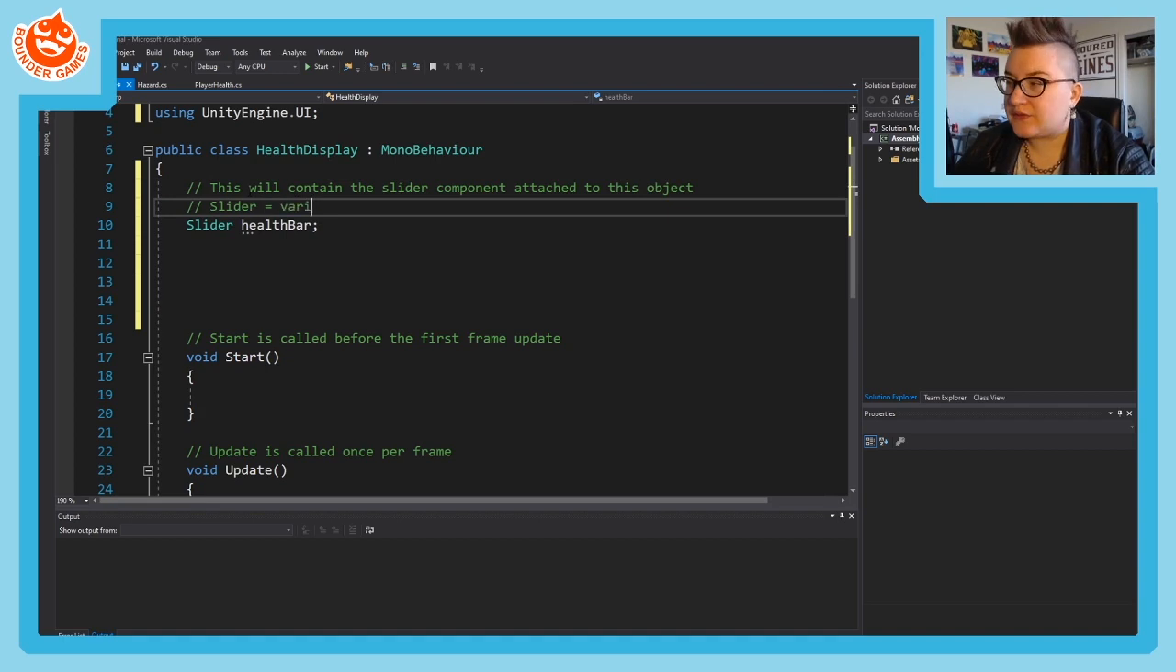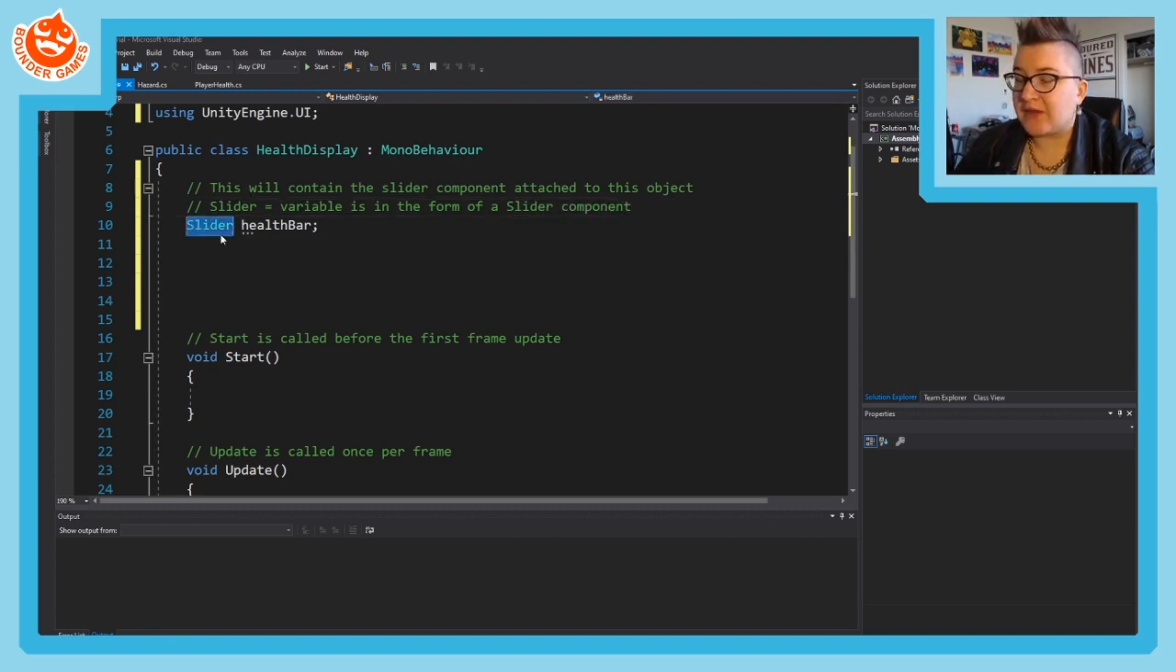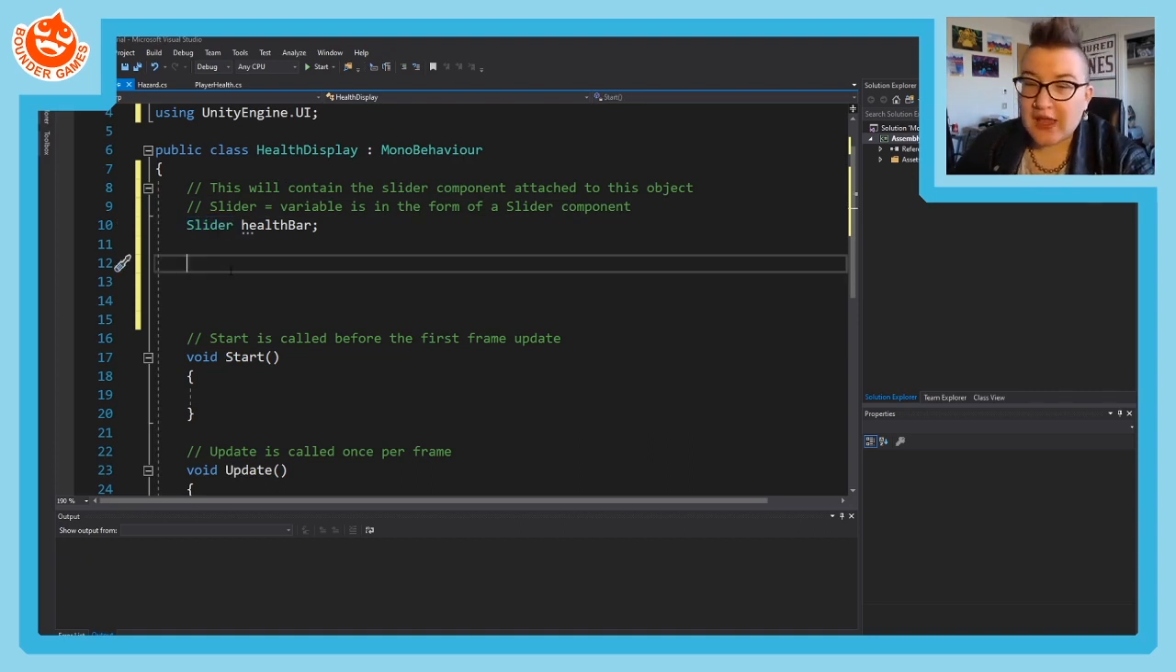Slider equals slider means the variable is in the form of a slider component. So that's what the word slider means. It means the type of variable that this is a slider variable. Okay, we also will need access to the player so that we can access their health, find out what their